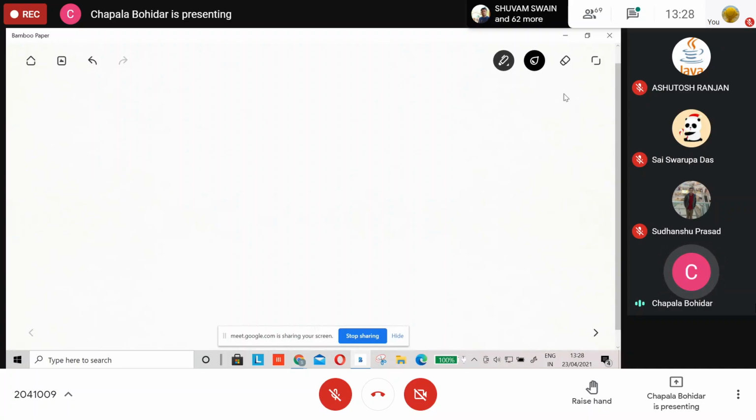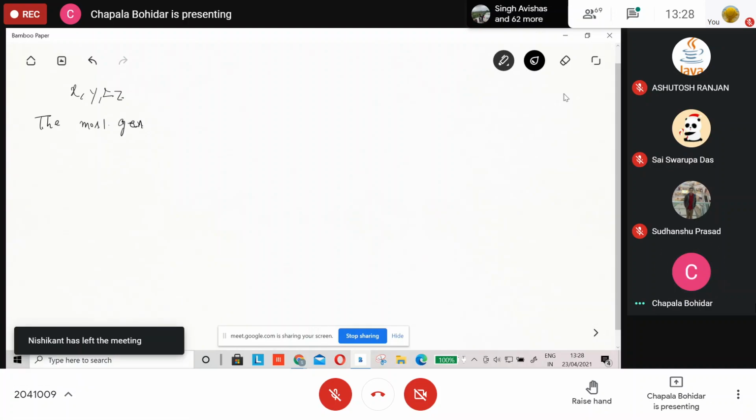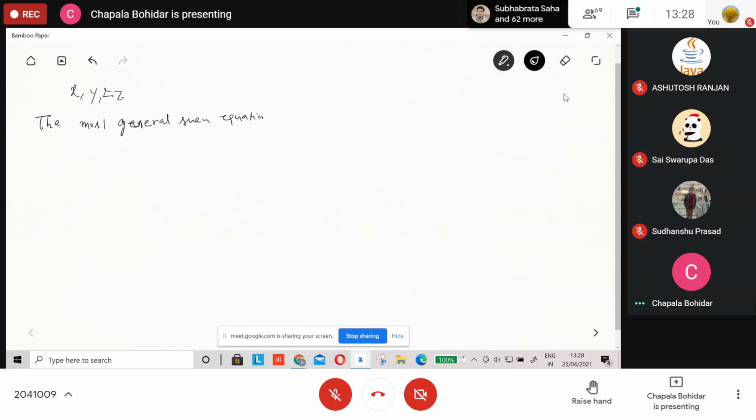A quadric surface, write down, is the graph of a second degree equation in three variables x, y, and z. The most general such equation is